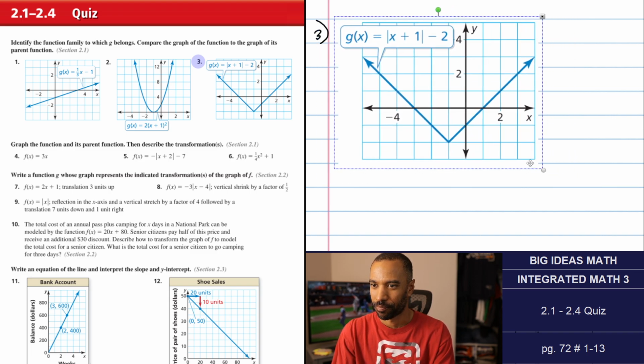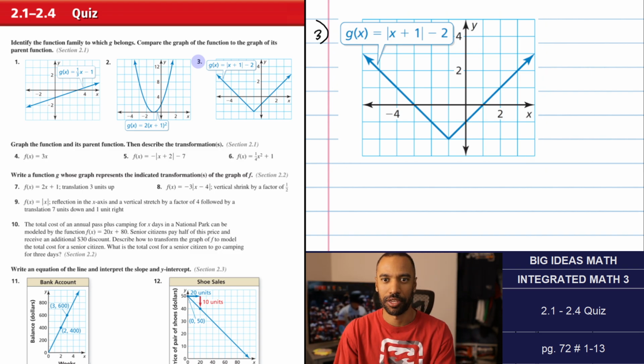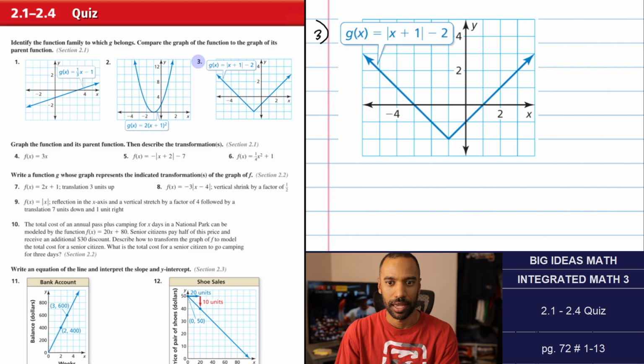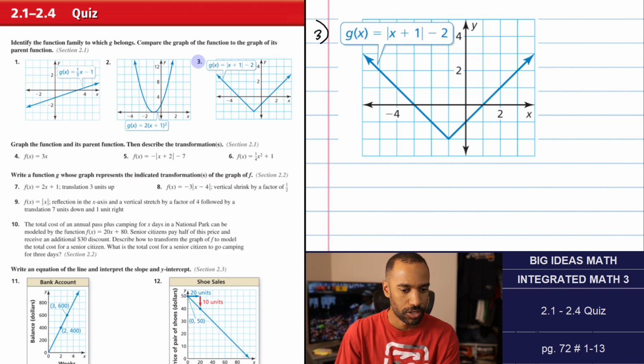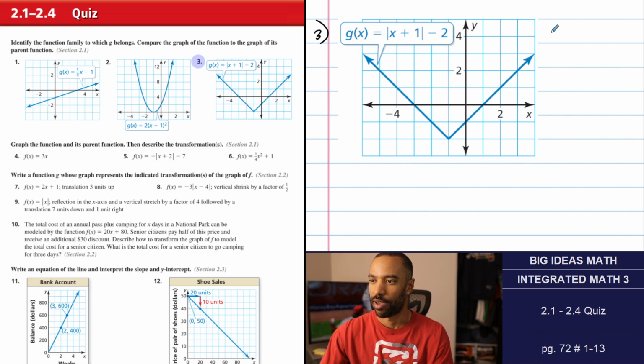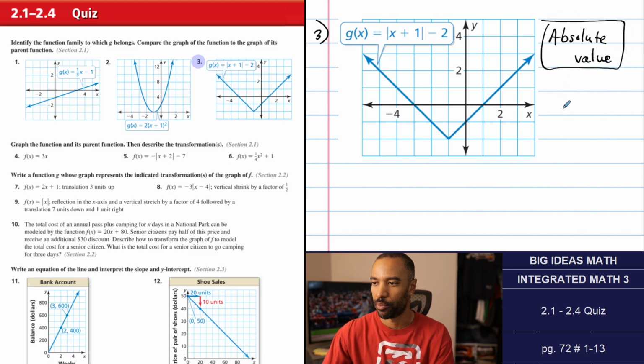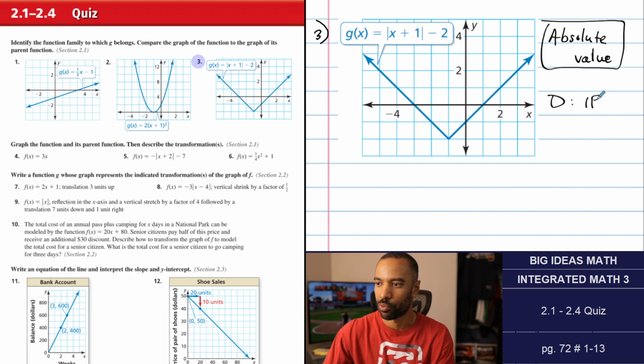Okay, so we're on number 3. We have this absolute value function, and let me go back to my page. Okay, so yes, absolute value, being the V shape and seeing the function for what it is. Let's still talk domain and range. Domain being all real numbers. Range